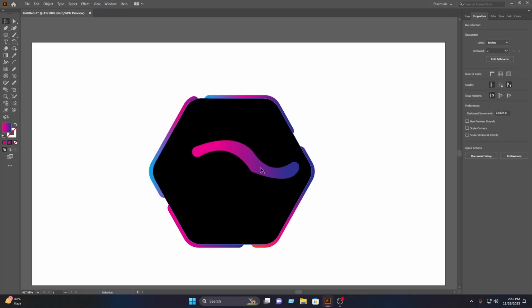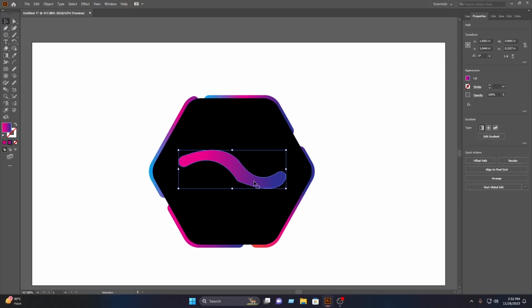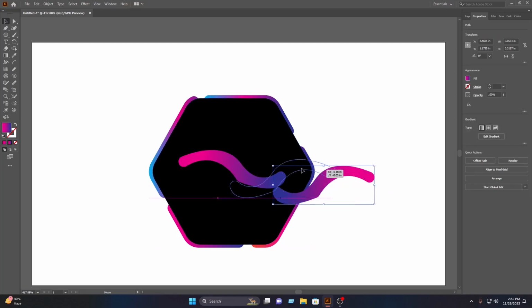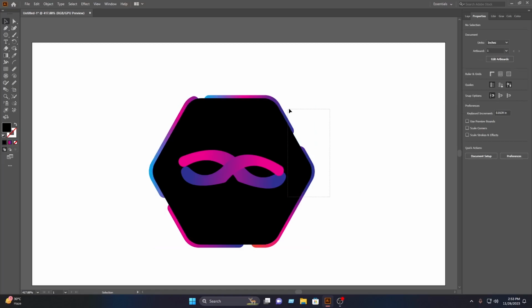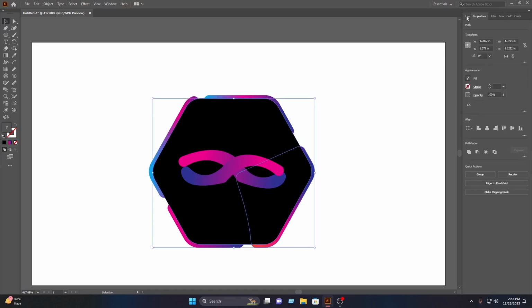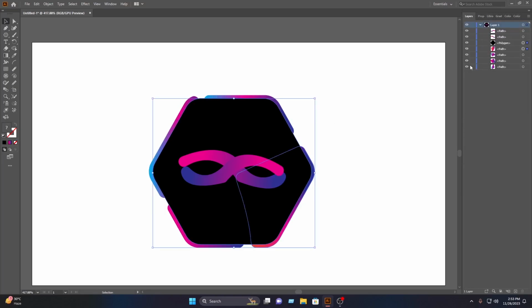then select the move tool, then select this and drag this in here, then select this, then press and hold Alt key, then take a copy from this, then you have to select the anchor point, then you have to select this and drag this in here, then you have to rotate this, then select the move tool, then you have to select these layers, then go to the layer panel, then you have to lock these layers,